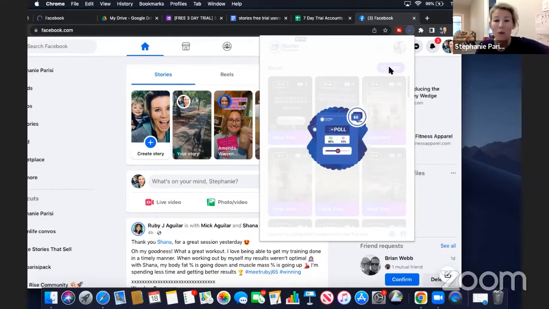And then I'm going to show you how to set up the actual messages. And the really cool thing about it is you can gear the messages to people who view your story, who engage with your story, or who vote on your story. And then for people who vote on your story, it doesn't have to be the same message